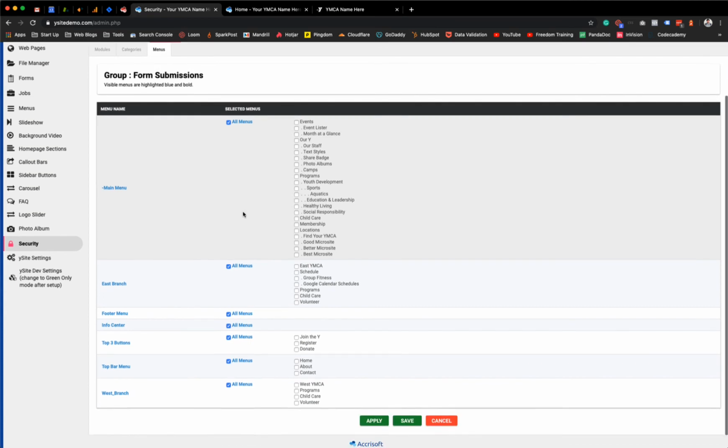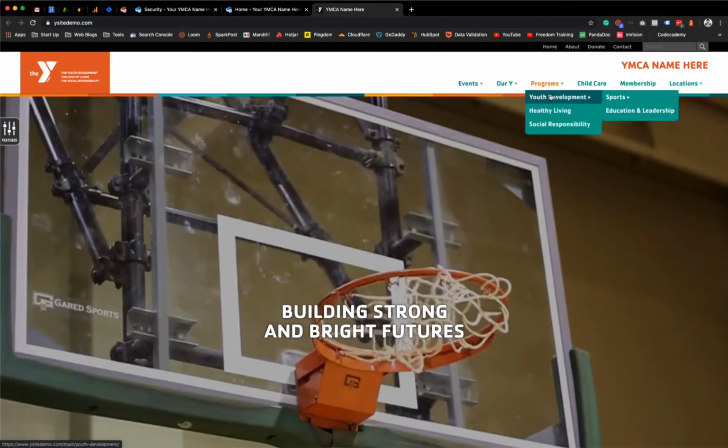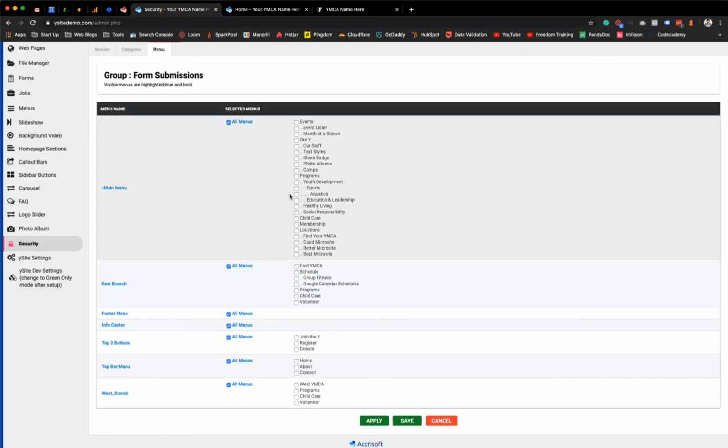So you can give them different access levels based on the type of menu group. So you can say they have full access to this menu group of main menu. Maybe they have full access to the East Branch menu group, and so on and so forth. So all these different menu groups that we have, you can say they can have full access to all these menus. Now there are other menus within this, right? So for example, we have our demo site here, and this has programs, youth development, sports, all these other things. And so you can say instead of all menus, maybe they're